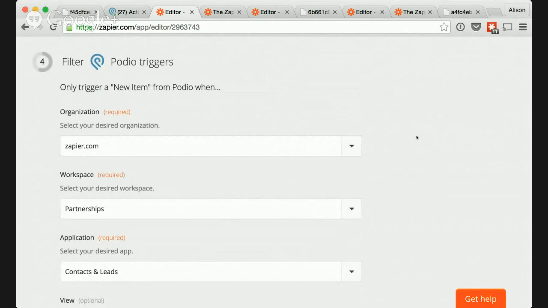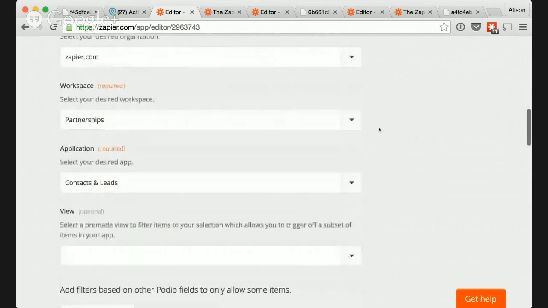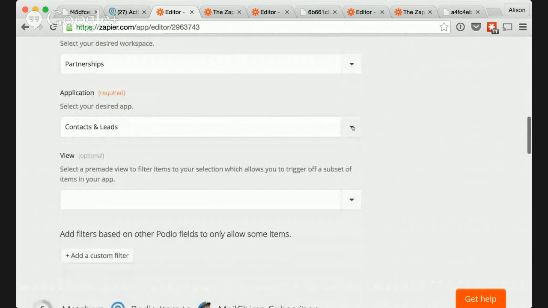And then in step 4, we're going to say, okay, here's the space that I want to pull that information from to send over to Mailchimp. So step 4 is going to ask me for my Podio organization, the workspace that I'm working with, which this particular one is the one I made called Partnerships, which is what we were just looking at over in Podio. And then the application. So like Sarah said, we've got our contacts and leads application. I imagine there's a couple of others you could use in this situation. You just want to make sure that you select that here from the drop-down,